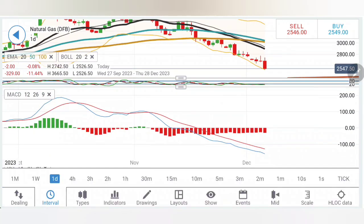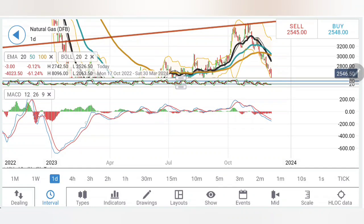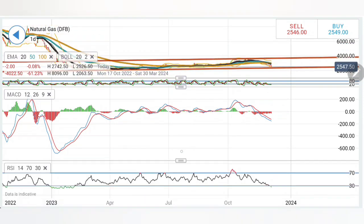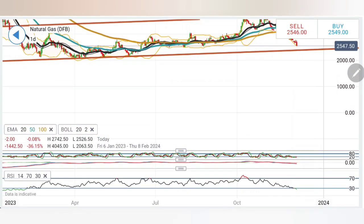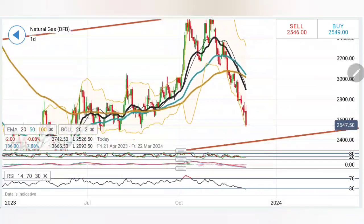Stochastic is oversold. MACD is extremely bearish here. It is looking downside, and it appears so. But see, the rise here was sharper. The bearishness is still a little gradual compared to what we have seen with the rise, and the RSI has come to oversold levels. The second observation here on the daily charts, let me show you something on the closer time